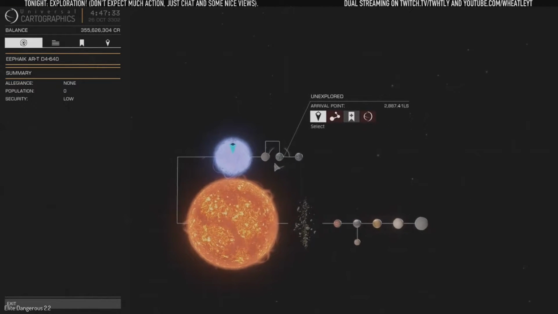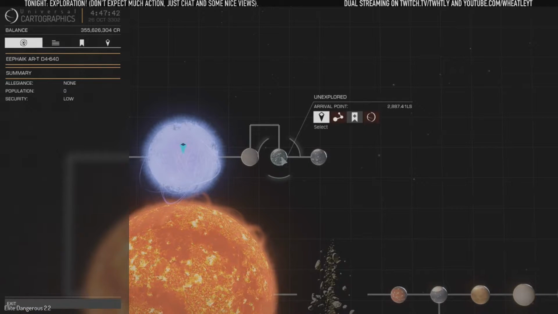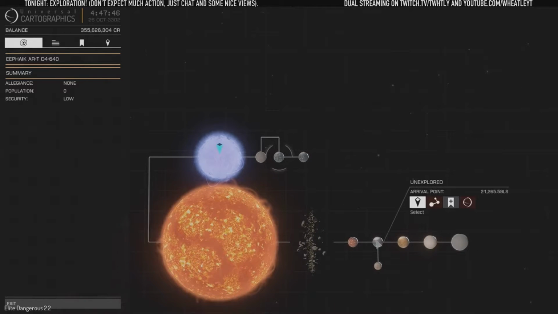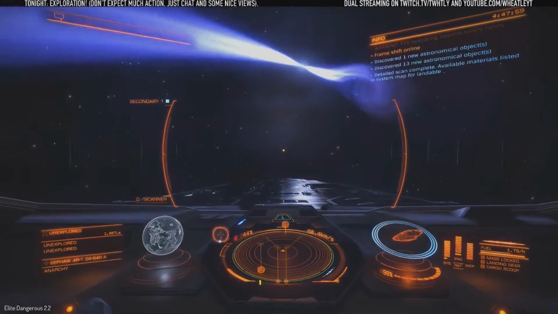Ooh. I'm fairly certain that that's a neutron star and that is an Earth-like. And that might be another Earth-like. That's probably a water world. But these are definitely getting a visit, and definitely I have to...